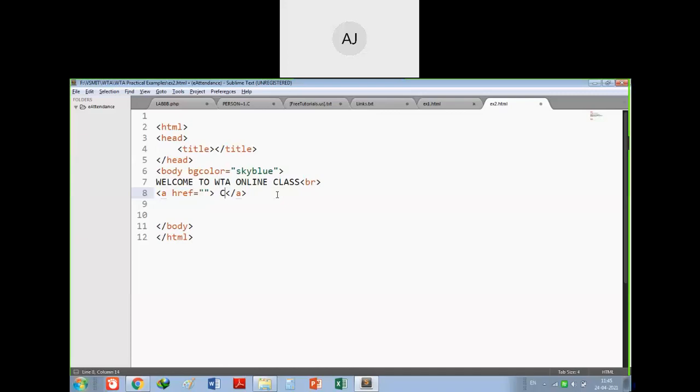So href. Here I will write "Click here to visit Google." And whatever the reference is, I will make it http://google.com. I will save here, go here and refresh. "Click here to visit Google." So this message has appeared.